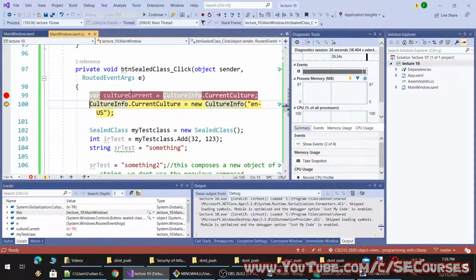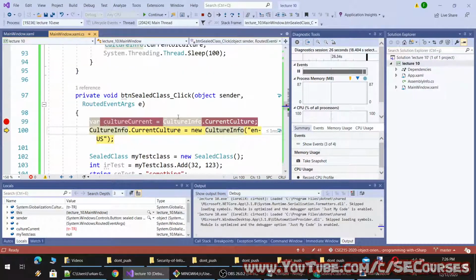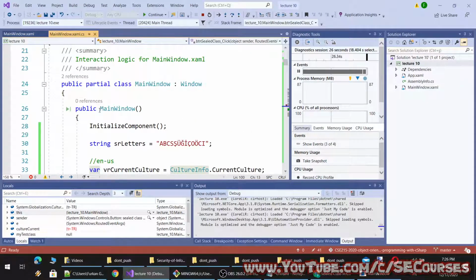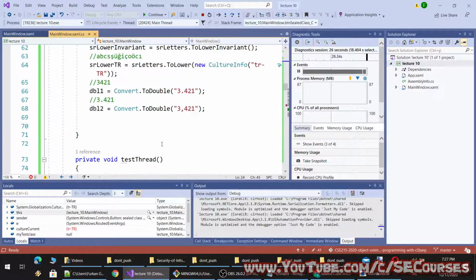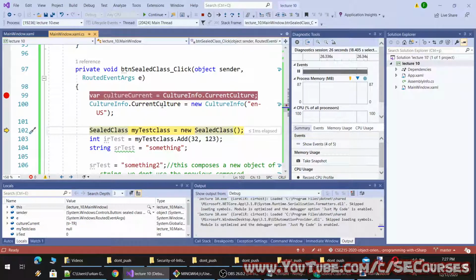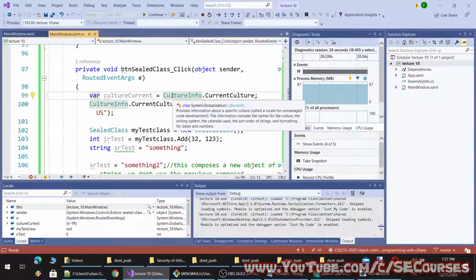Okay, so let's see. The current culture of the main thread, we are still in the main thread, you see, because we are at the same level of the main window class. And then I will change the current culture. Now it is English US. Let's continue.